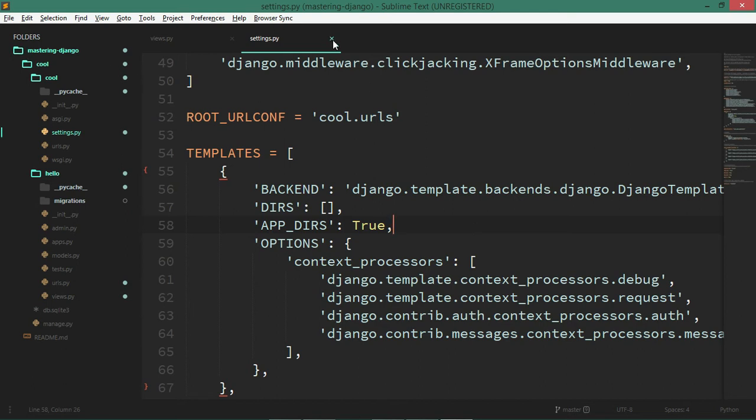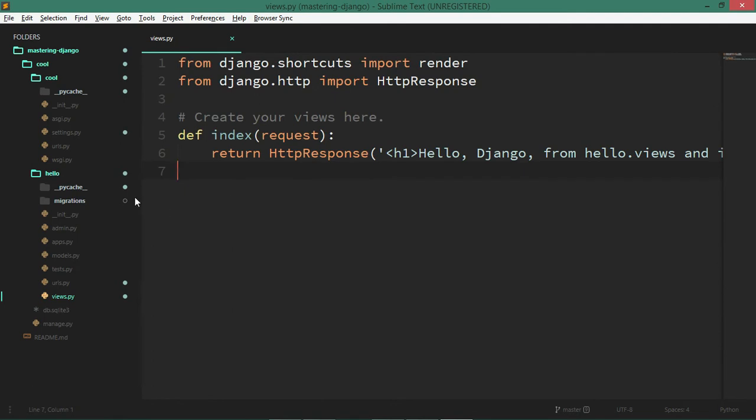So you would never ever want to do this. So in hello, I would like to create a new folder called templates, and this has to be the name, otherwise you'll have to go and change it in the settings. I just created this, and then you are ready to create any valid HTML file inside our templates, but not as yet, because even though you can, it is not suggested, because Django is all about how you can really switch between all the different apps. So it really gives you the feature to use a template which you have declared in some other app inside this app. Isn't that cool?